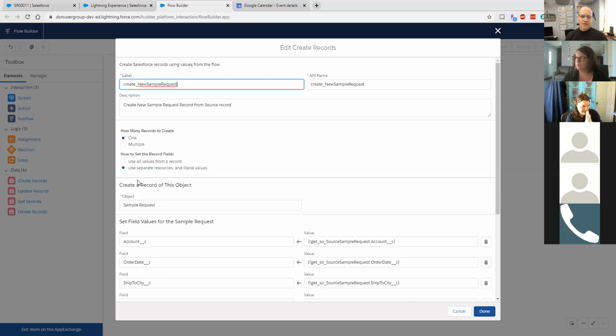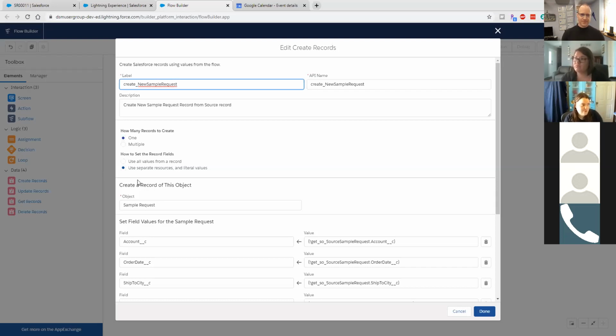The conundrum then becomes you cannot use that same single object record variable when you're creating a record, because the create records element always expects there to be no ID. And because we grabbed an already existing record, it already has an ID,